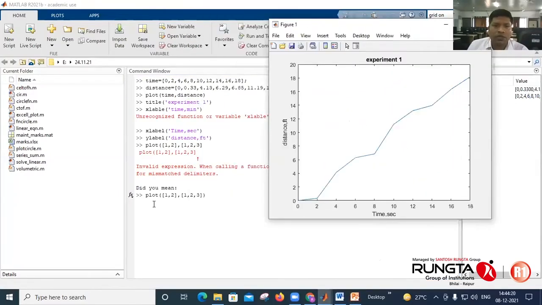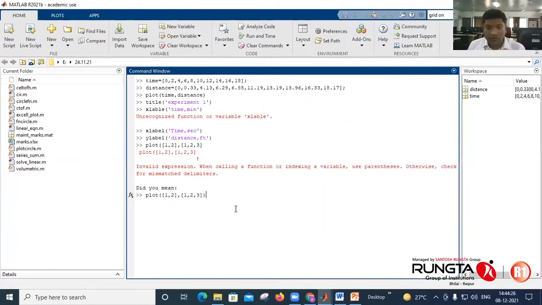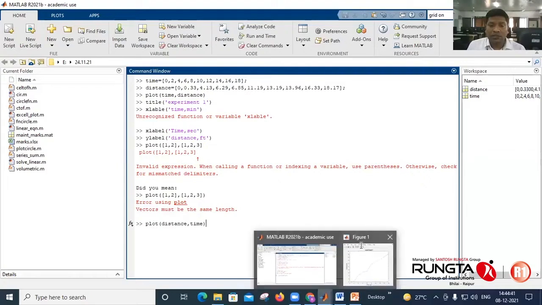Now, if you plot another one, say I am trying to plot distance versus time, it will replace the initial one.